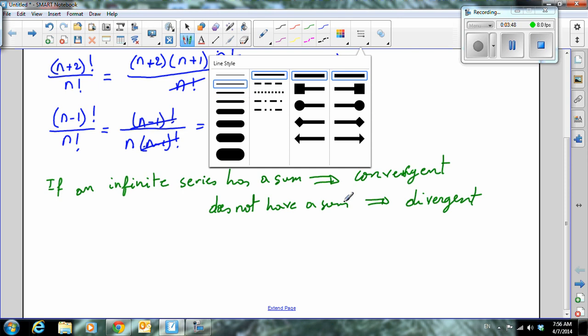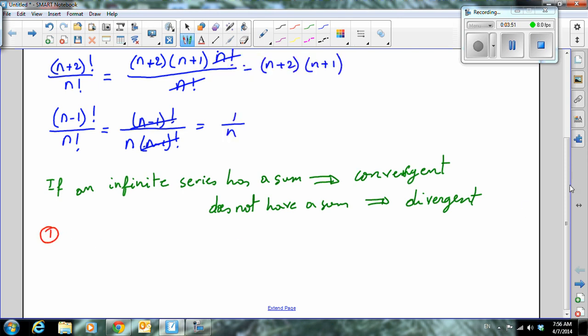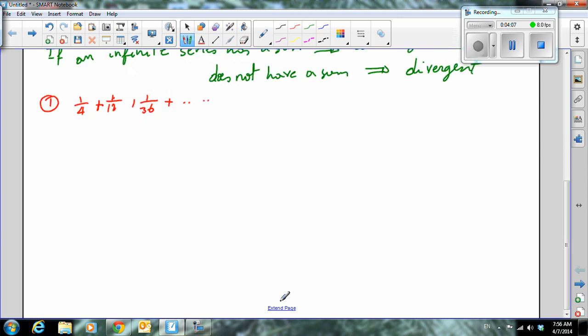Let's go with the first example. I'll put 1 here. My series here is 1/4 plus 1/12, 1/36, and so on. So, first of all, this is called a geometric sequence. I'll put geometric sequence where the common ratio is 1/12 over 1/4, which will give you 1/3. The simple fact that I get 1/3, I notice that this is less than 1. I would say